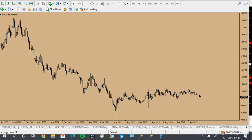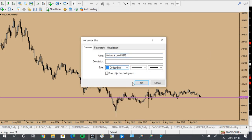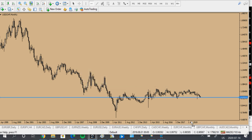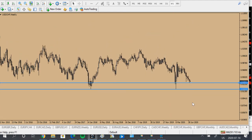USDCHF. Let's see the monthly supports. It's already on the monthly support, right? So it's already in the monthly support, or it's going to enter a little bit more. As you can see, it already fully entered and bounced. Entered before and bounced. So this may just be a pullback to go back up, right? So this would be an interesting